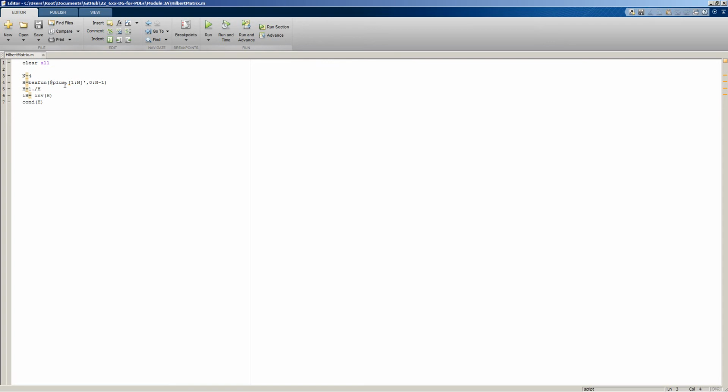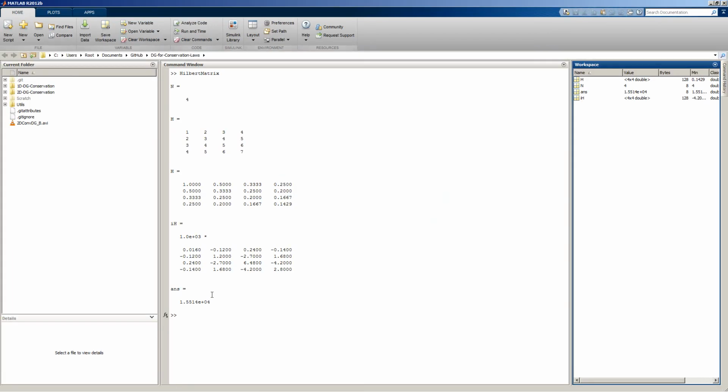So this gives us an array of values for the exponents, and then we take the element-wise inverse of this to give ourselves the actual Hilbert matrix. We'll then attempt to invert it to see what that looks like, and then we'll also look at the condition number. So if we run this script,